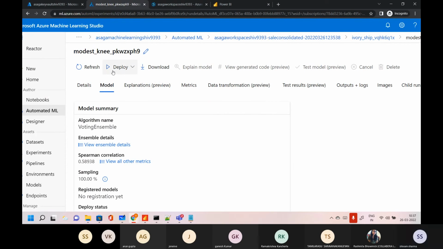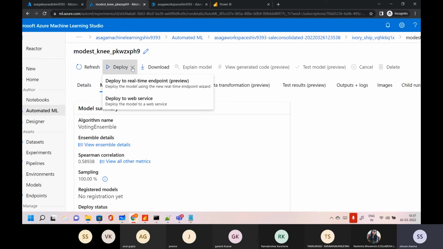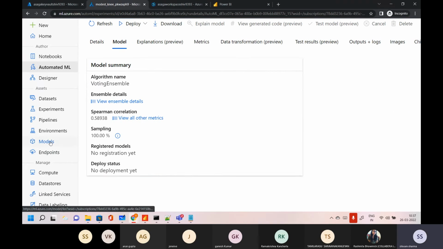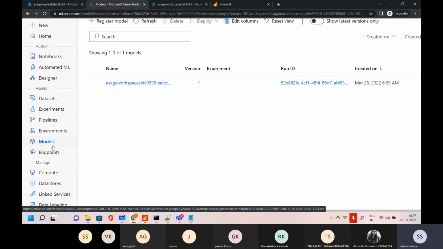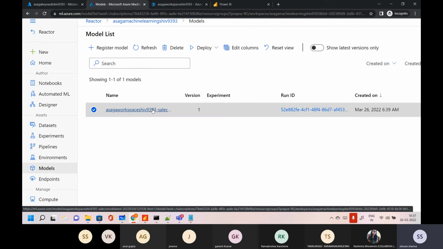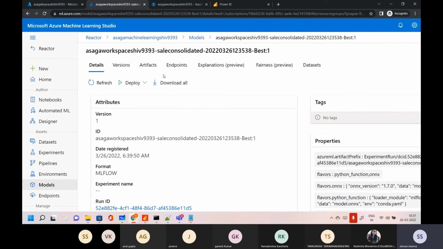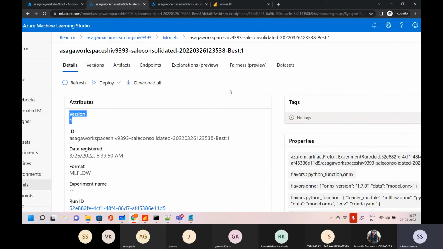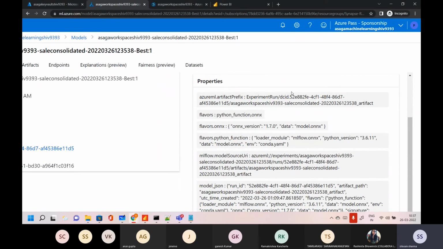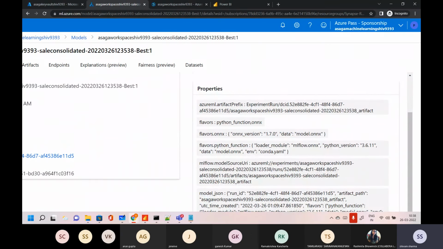Now I don't want to deploy it. That's not what I am looking for right now. But obviously you can deploy this as an API endpoint also, and you can work with it. Now what we are doing is we have registered this. Register basically means saving it in the repository over here. This is the model registry, and this is version 1 of it. If we run the experiment many times, it will have various versions over there. Right now, 1 is the version, and some other properties are there, like what was used at the backend for it to execute. We are using ONNX, Open Neural Network Exchange, which will provide two very important things